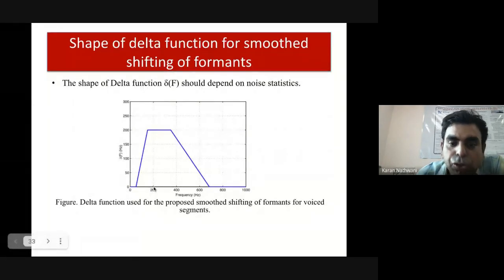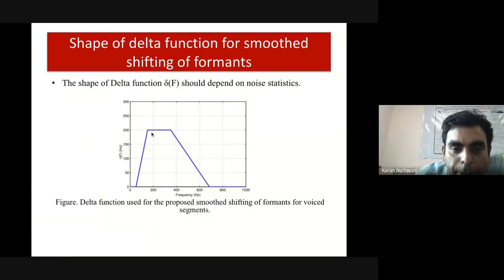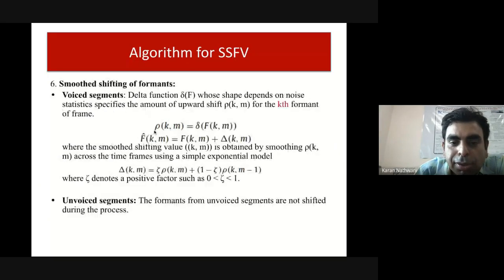For example, let's suppose your formant is 200. Then how much do you need to shift? Can anyone tell? It is very simple. At 200 you have 200 hertz, you need to shift. So this is what is mentioned here. You first find how much shift you need to make. Now you got 200 here. Now I again find it for the previous frame. This is the mth frame, and you also take the m minus 1th frame. Again, you find that shift.